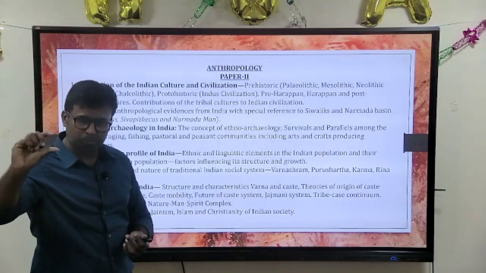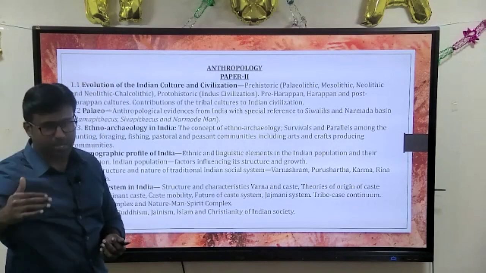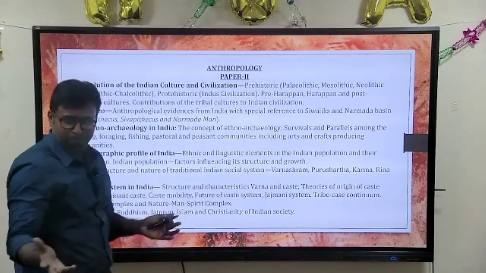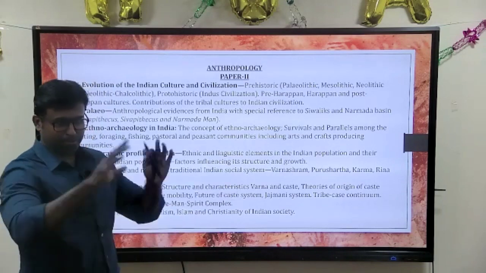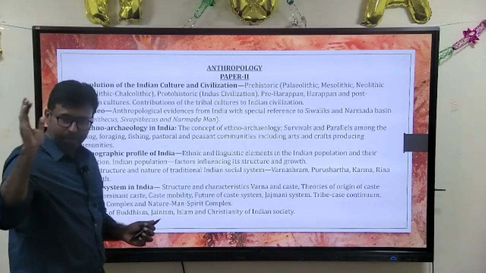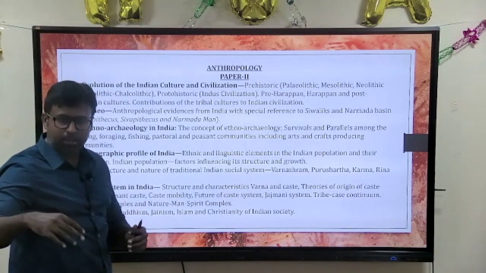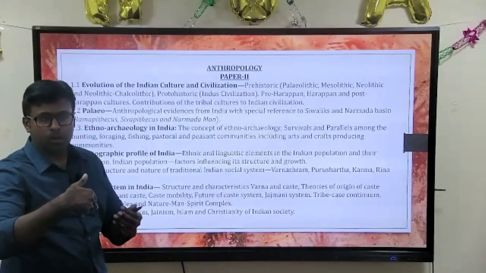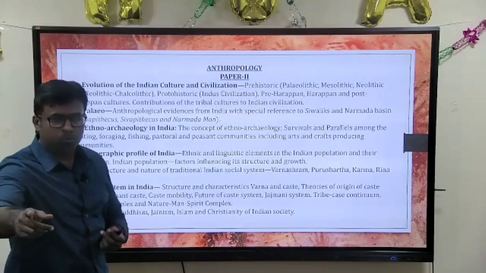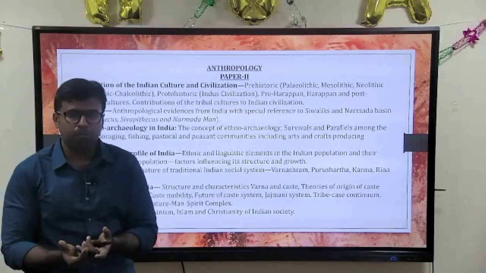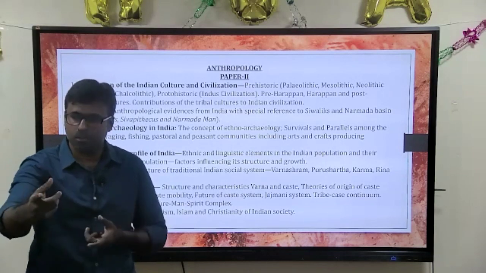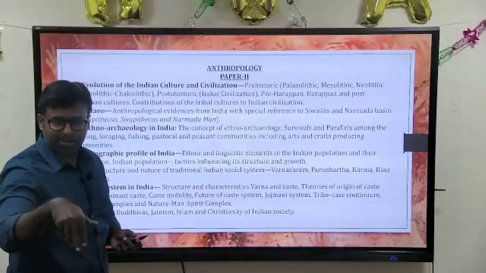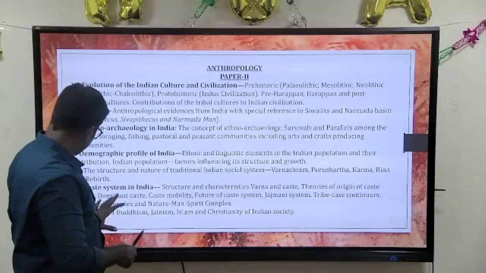In geography, there is one chapter. There are 10 chapters in the second paper. That one chapter in geography is our entire second paper syllabus. We'll learn about the caste system. Culture has many traits. I spoke about race, culture, religion, everything. You said that we are the animals we are because we are forming different groups, correct? This is one type of group. This type of group is prevalent in India, so we will read that.